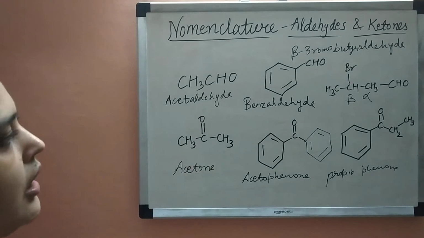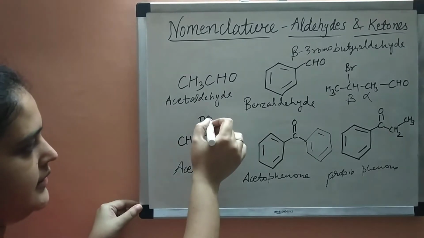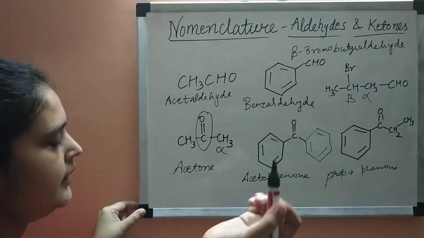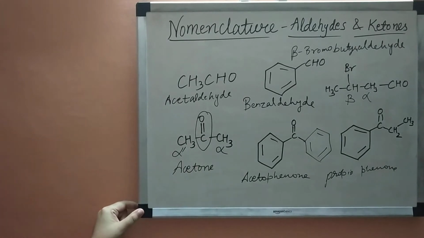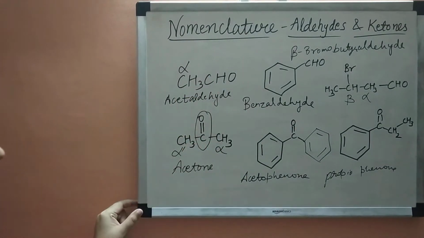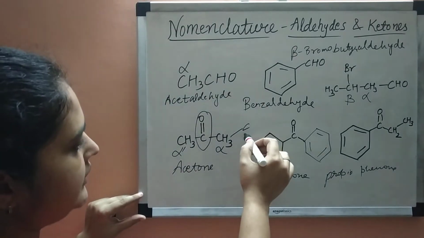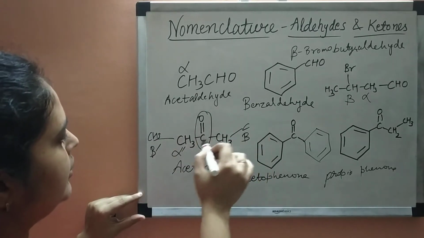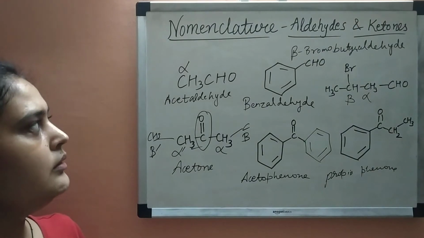Also in ketones, how the alpha and beta carbons are named: this is the carbonyl group, so the alpha carbon will be this, and this carbon is also an alpha carbon, so we can name it as alpha dash. The next carbon on this side will be alpha, and this will be named alpha dash. Similarly, if there are more carbon atoms, then it will be beta, and here it will be beta dash. So likewise it would be named. Now this was about the common nomenclature.